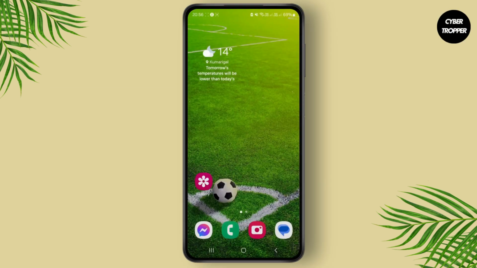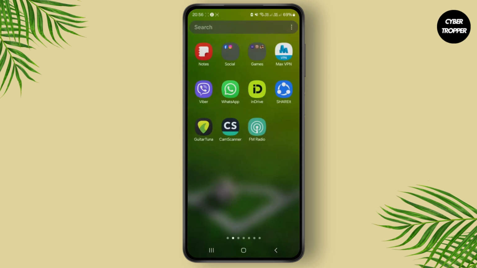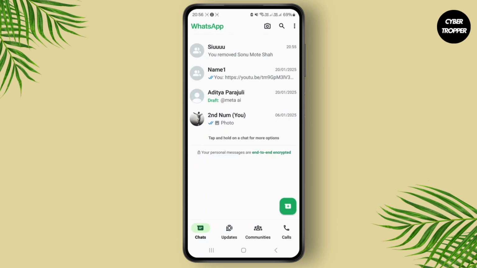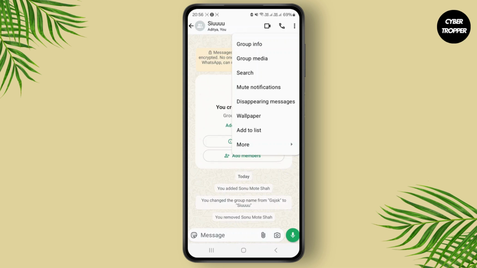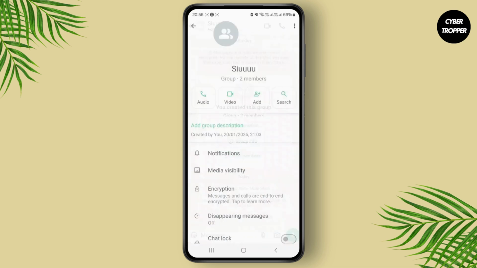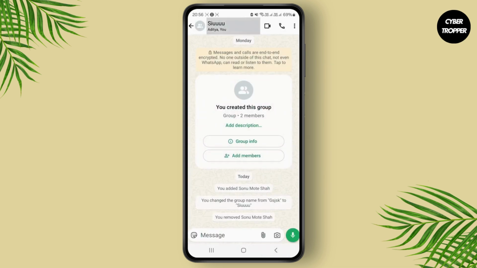In this video I'll be showing you how you can easily add the new participants to your WhatsApp group. So first thing you should do is just create your WhatsApp group, and if you have created your WhatsApp group, you should know that you should head over to your WhatsApp group and you can see the three dot icon over here. What you can do is simply click on group info, or you can also click on this simply